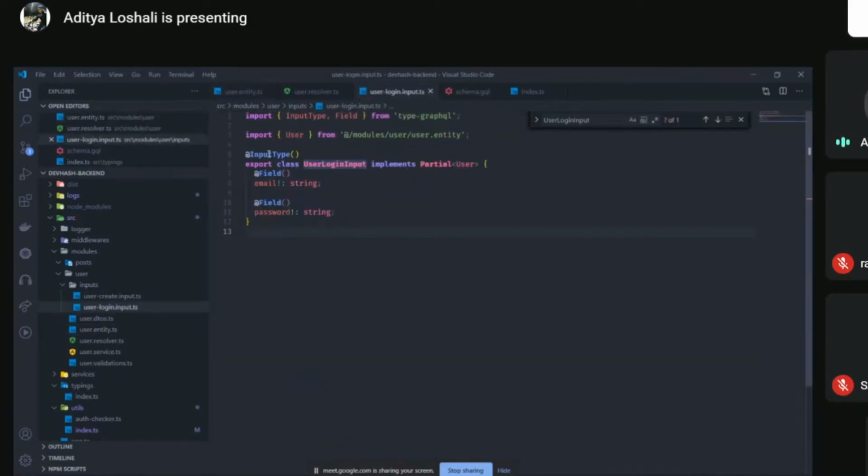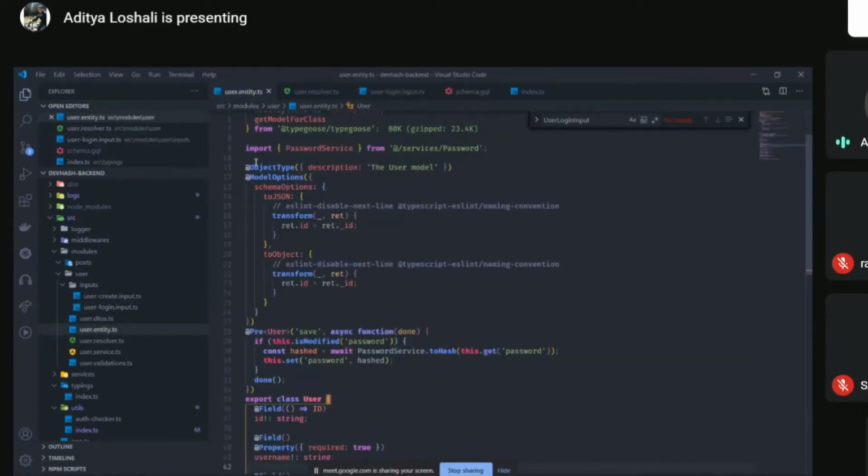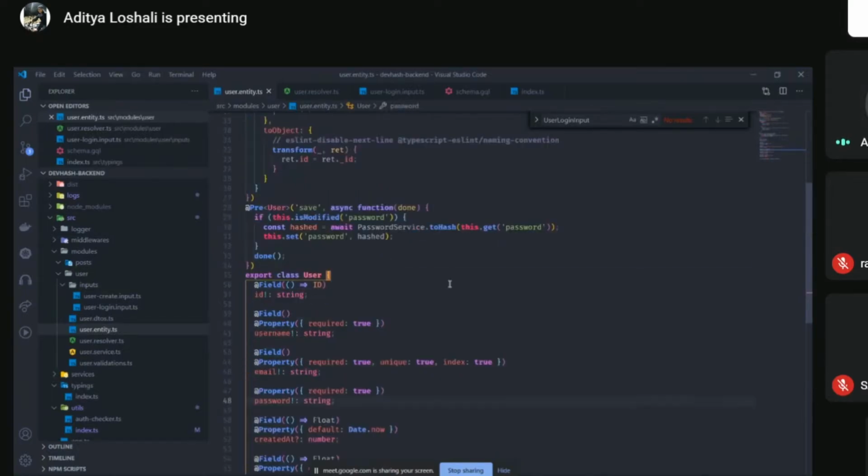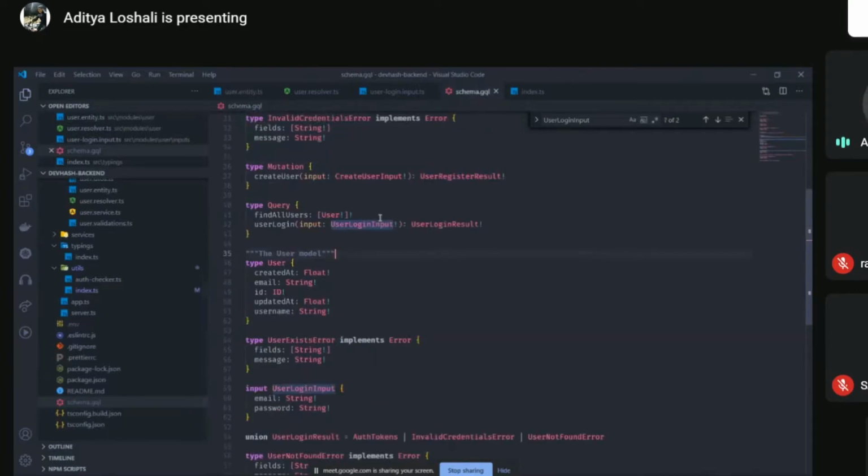So instead of input type, this time we have object type. This is the only difference between GraphQL type and input. Rest everything here will remain the same, like that field thing, just the way it was in that schema. And that file will be converted into this type, the return type.